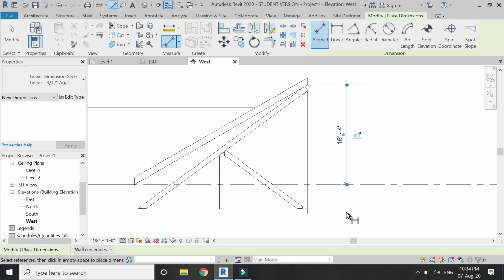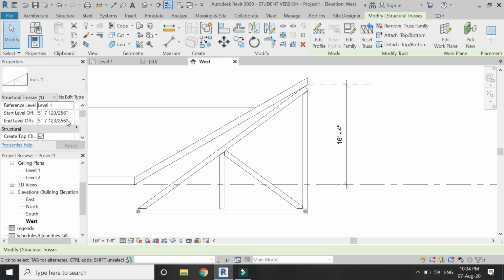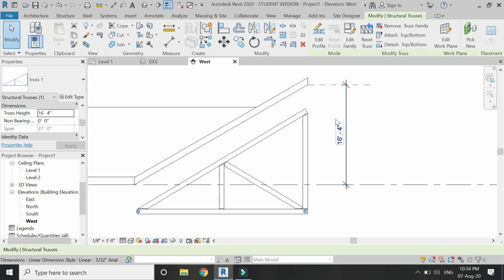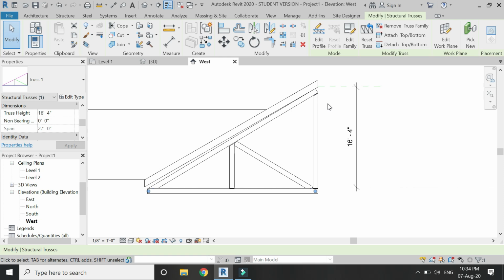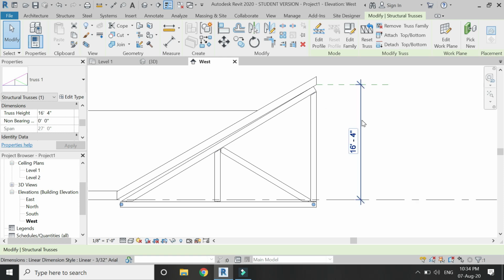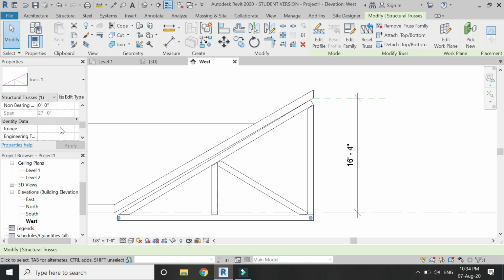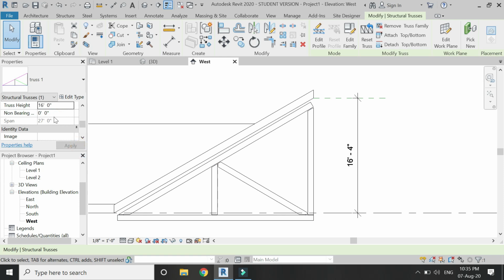16 feet 4 inches. Now let's select this truss and change its height from this dialog box. And by changing the values and by moving the truss, you can set the truss. Still it needs a little bit of change in its value. Let's change it to 15 feet 16 feet, and still it does not match. Let's change it to 15 feet 11 inches,